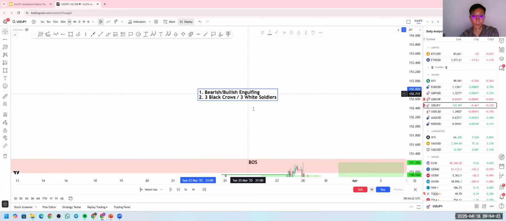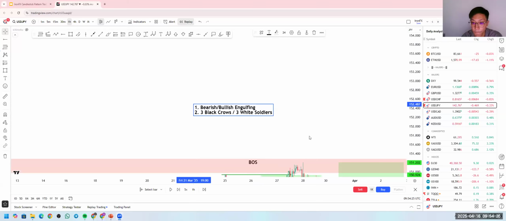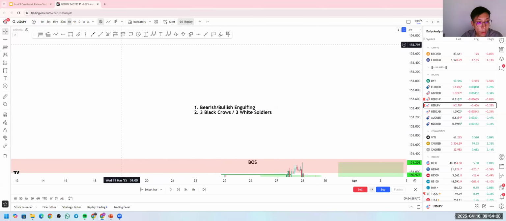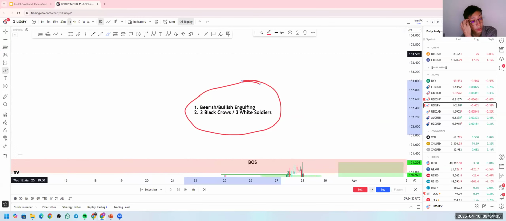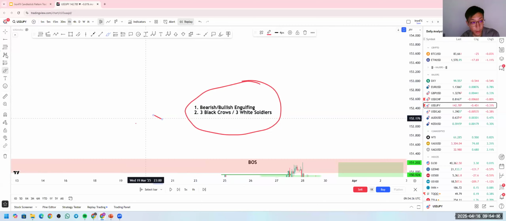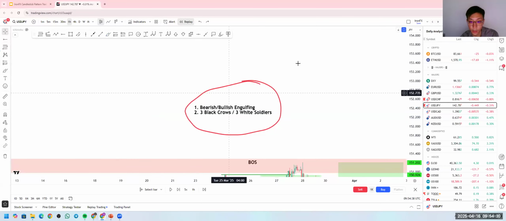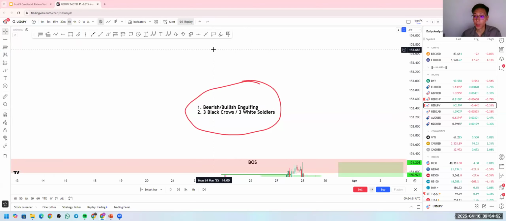Okay. So to answer your question, my brother, this is the one that I use. Literally just this. That's all. I don't use anything else because the rest of it is just noise. I don't really find it useful. But these two combined together is extremely strong. You can literally practice it over and over again. Okay. So any other questions that you guys want to ask before I end off the session?